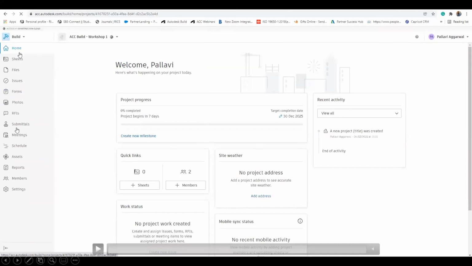Submittals are all your documentation or all your documents with a set of information, let's say specifications, and how do you share it with your team members. How do you store your minutes of meetings? How do you create agendas in the cloud, and how do you manage those agendas and keep track of them? And similarly, how do you create your assets and track your schedules made in the different scheduling tools? And then we'll see how we work with reports.